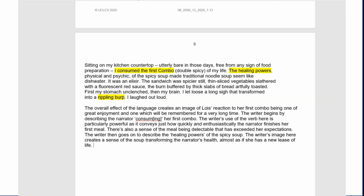This question is language analysis, so Cambridge certainly will reward well those students who explore different layers of meaning. So I'm going to look at the connotations of the adjective. So the adjective healing, let's put the adjective healing. So think about what that connotes. Almost a sense of, I guess, spirituality, maybe. Let's put the adjective healing connotes a sense of